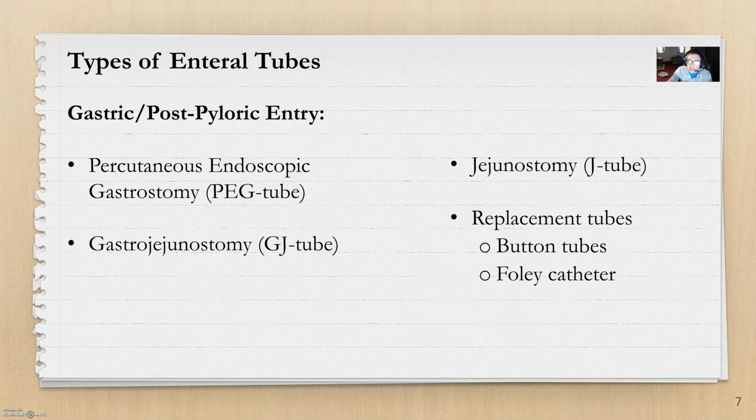Gastric part, the portion of the stomach needs to rest. And then there's a jejunostomy tube that goes right to the jejunum. It doesn't go through the stomach at all. And then replacement tubes. So eventually, for some of these G tubes, you can get